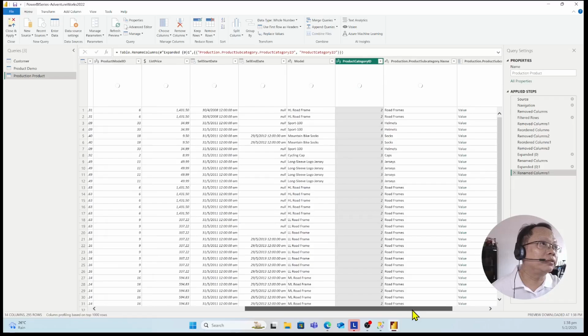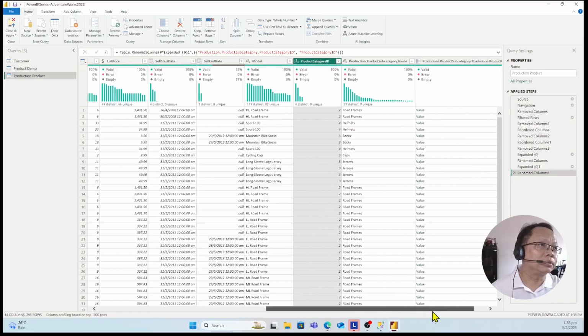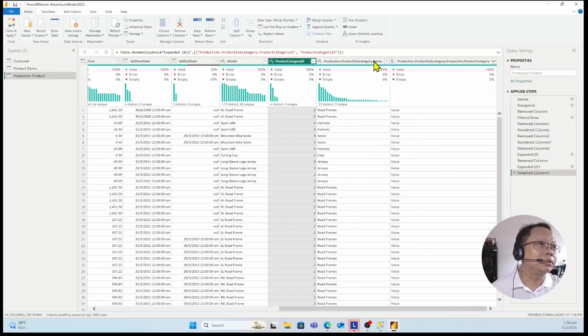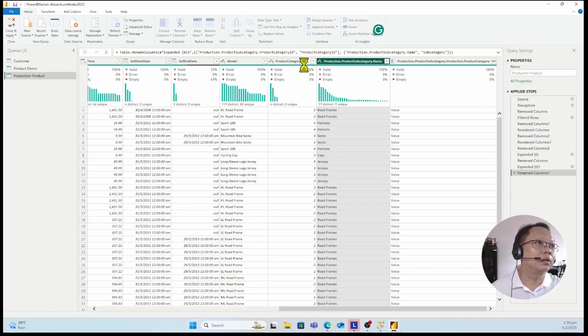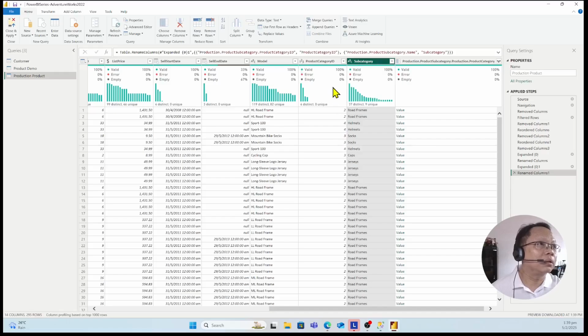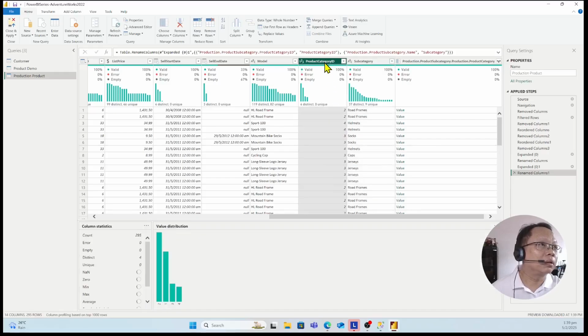Then we'll have this one is the subcategory. This one is the category. So this is the cat ID,